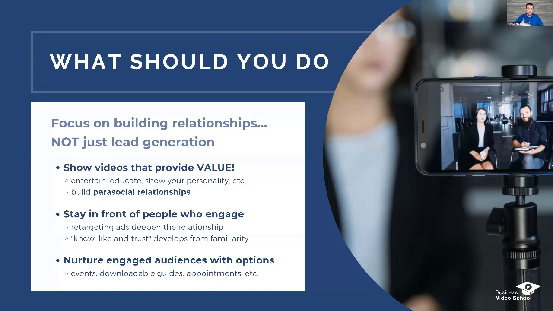You can show a first video, then you can show a second, third, fourth, fifth, however many you want. And as people watch more and more of your videos, they're getting to know you better, and they're gradually starting to know, like, and trust you, okay? It's called a parasocial relationship that you're building with them. So that's the fundamental aspect of this: communication has gotten a lot easier, right? We can put video content in front of people all across the internet. It's very affordable to do. We're all walking around with HD cameras in our pockets for the first time in history. So it's very easy to communicate this way, and so it's easier to build real relationships, right?